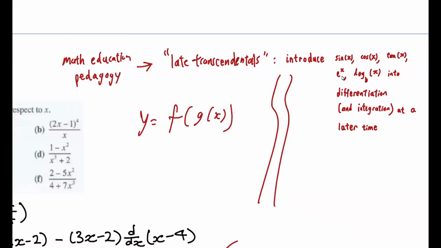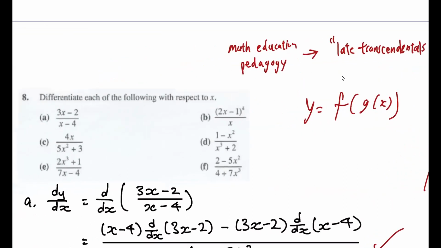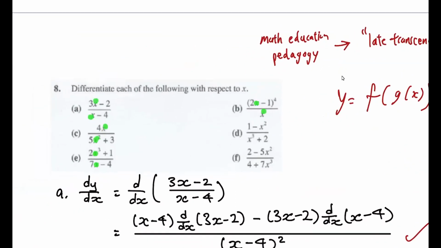What you need to understand is that everything that you have learned so far, look at all these functions. What do they involve? They involve just x, and just plus, minus, times, and divide. Correct or not? Fraction means divide. 4x is 4 times x. x squared is really just x times x. You haven't seen exponentiation. So far, like x squared, the base is a variable, but the power is